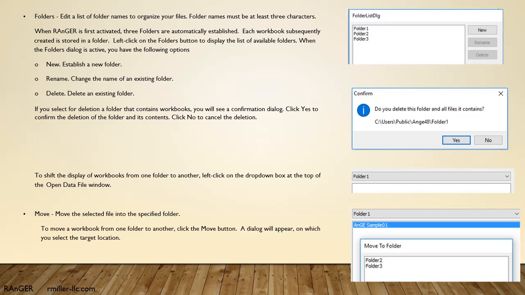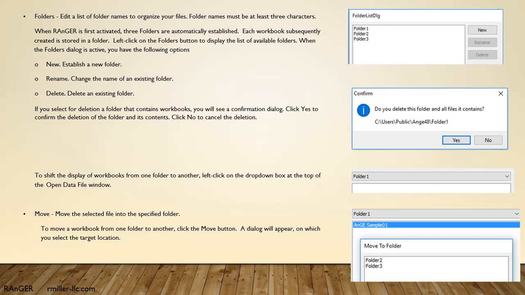Folders: edit a list of folder names to organize your files. Folder names must be at least 3 characters. When Ranger is first activated, 3 folders are automatically established. Each workbook subsequently created is stored in a folder. Left-click on the Folders button to display the list of available folders. When the Folders dialog is active, you have the following options.